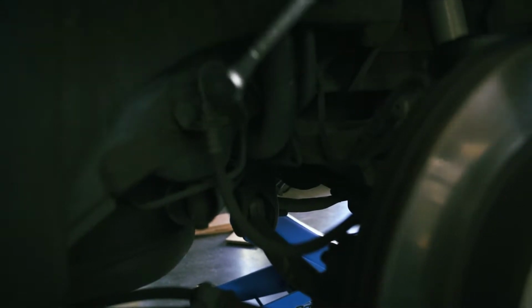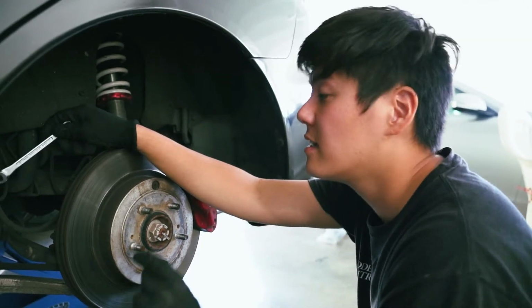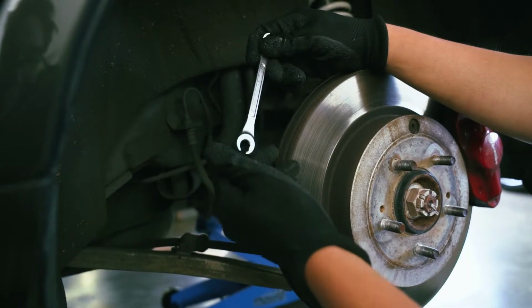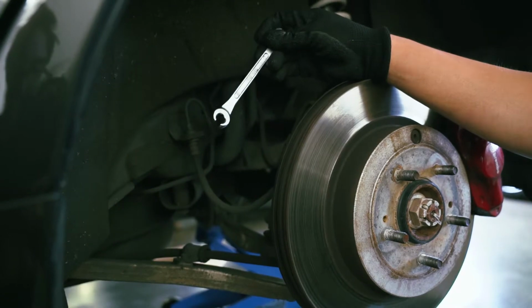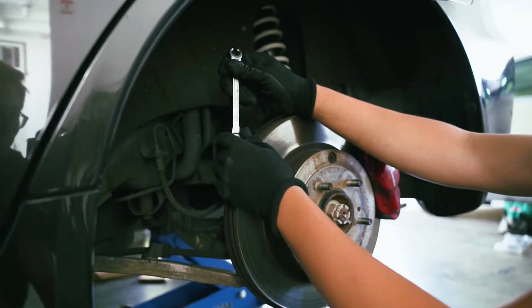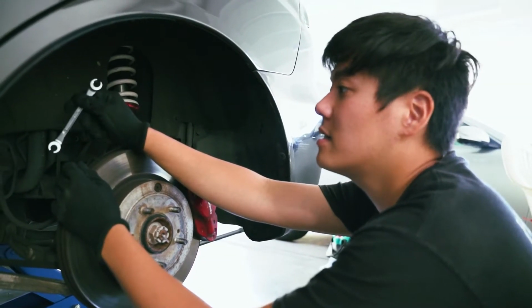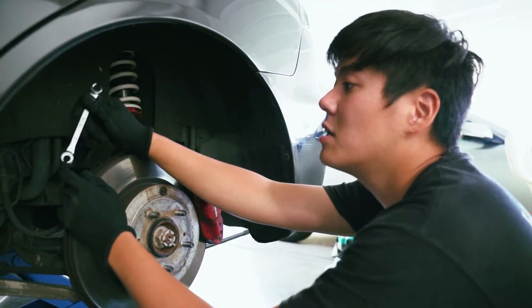So it was 10 millimeter here. All the flare bolts on this car were 10 millimeter. Someone on YouTube said it's 11. It's not 11, it's 10. And also you can buy this at Daiso for like $1.50. This is a flare bolt wrench. I think I bought it from Daiso. I recommend using the flare ones because I stripped mine before and it's such a pain, so I would try not to use a regular open